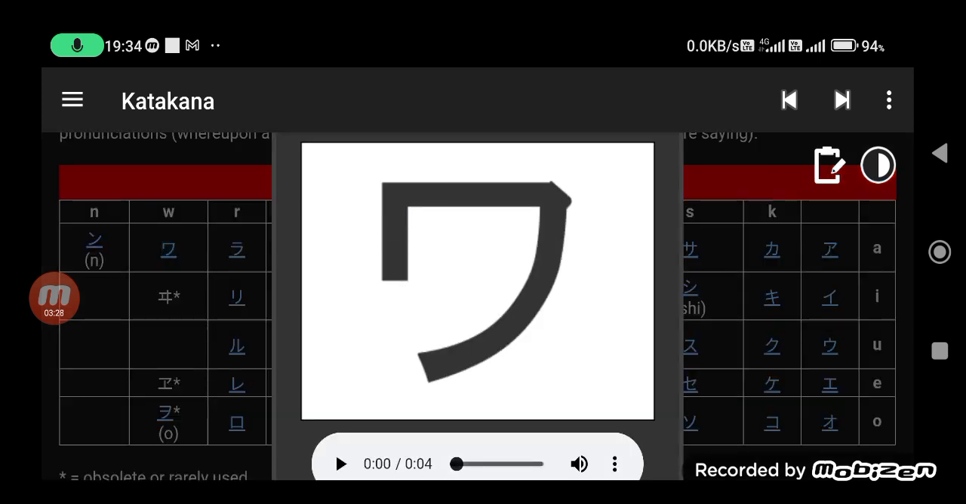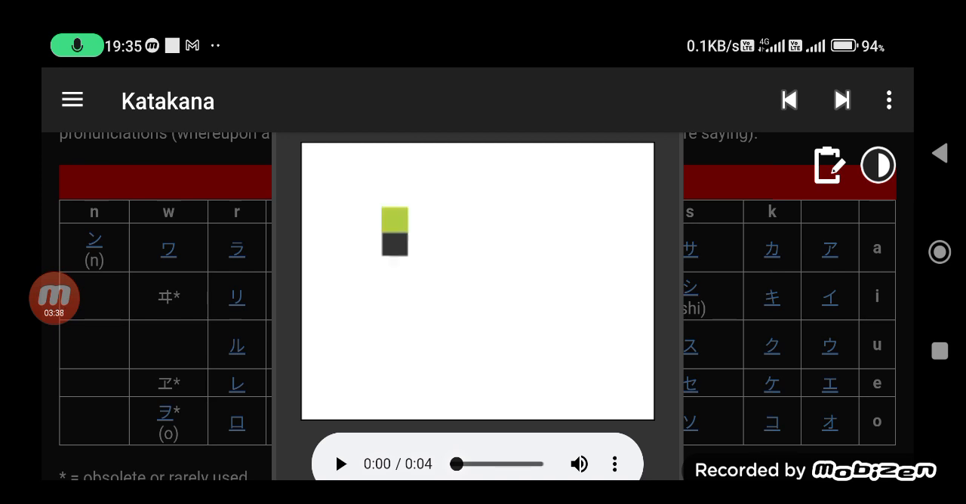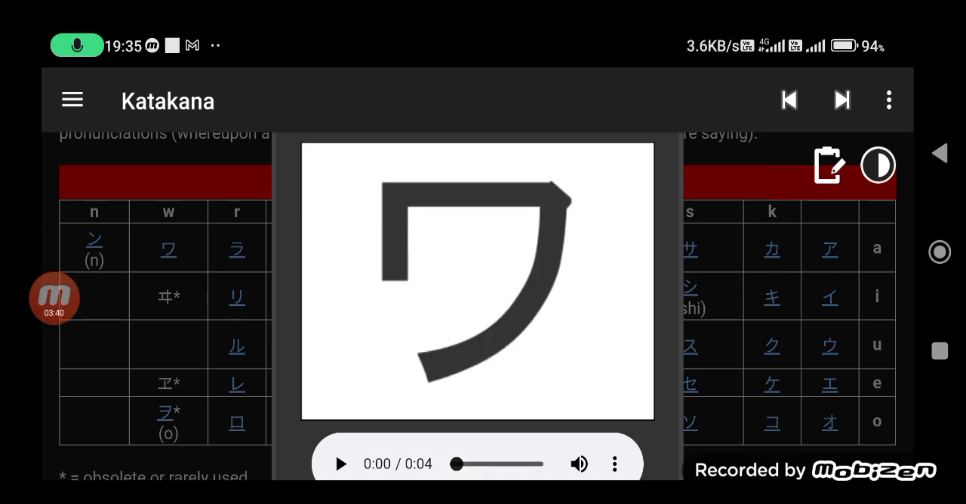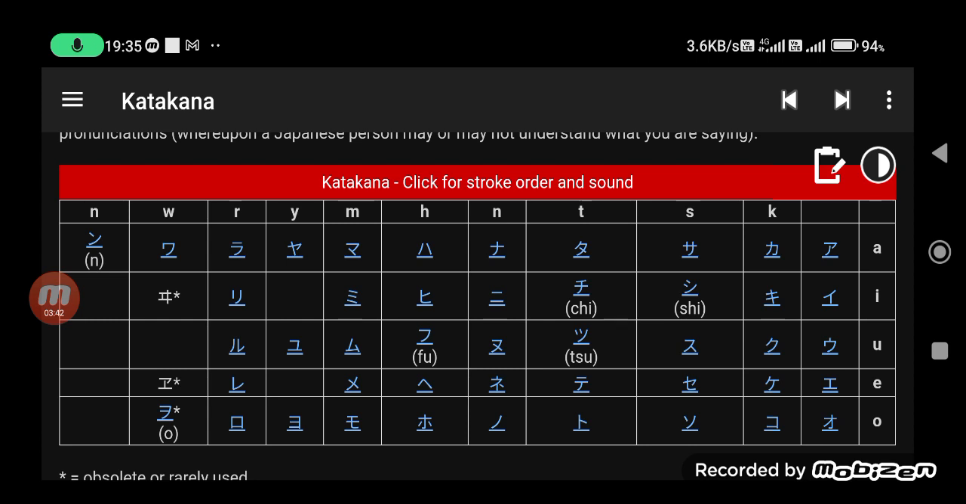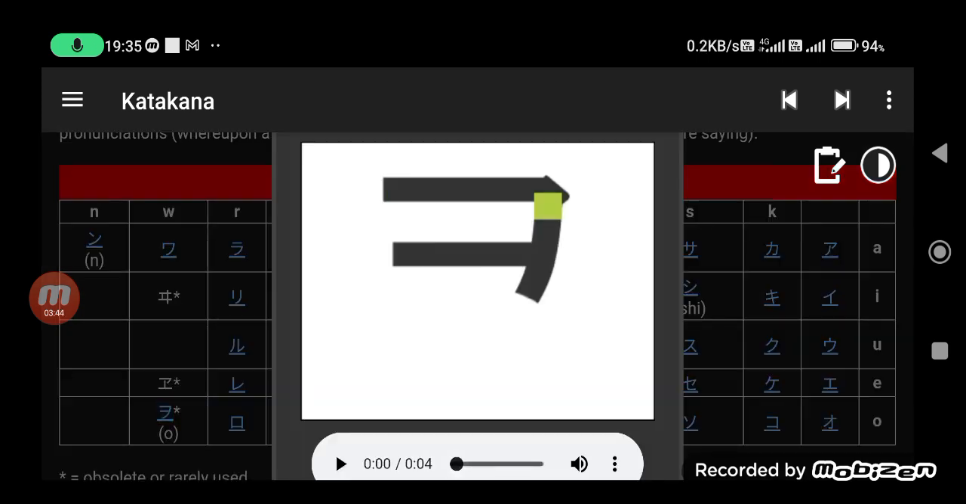Wa. It's two strokes, as I have said. Please take note of the green part and then just follow the direction. The green part is the starting point. This is wa. This is wo. As you can see, the wo, especially the katakana counterpart for wo,